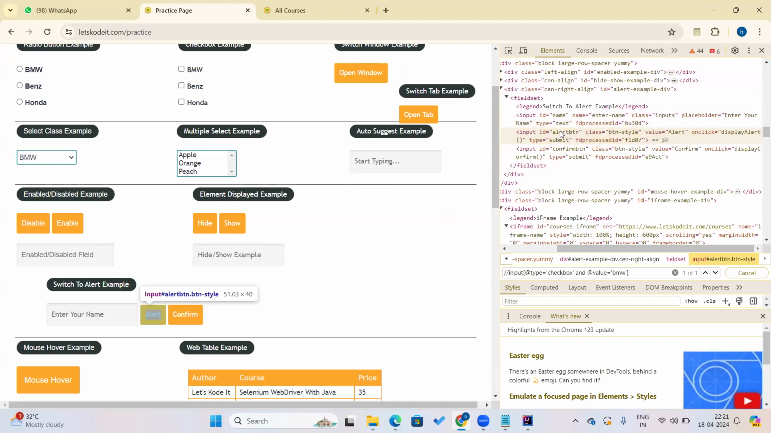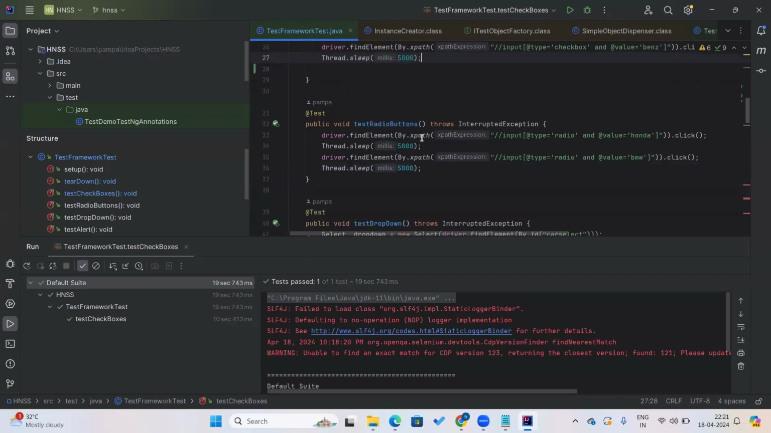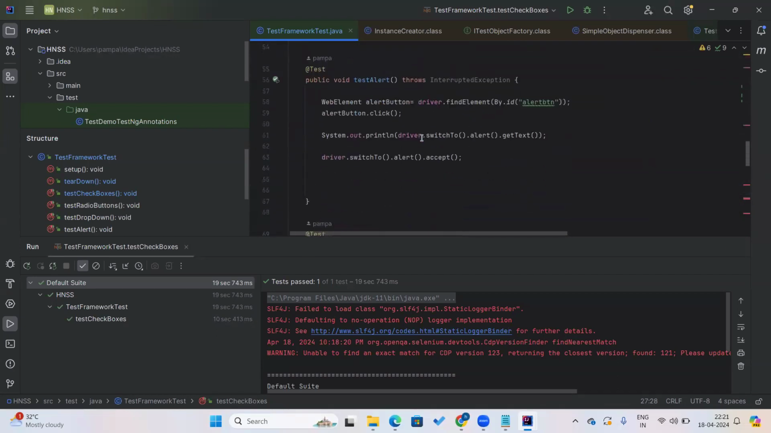So in order to handle alert boxes, we have to first click on the alert button here. So we already have this drop down. Yeah, so this is one sample test case. Here what we are trying to do is, first of all we have to click on that button. So this is the web element to get the alert. So first of all we are clicking on that button, and after that we have